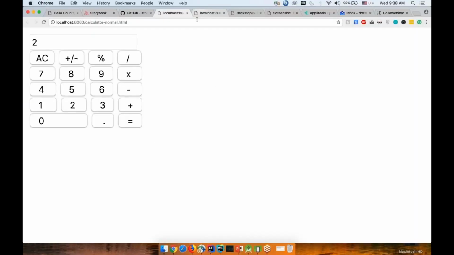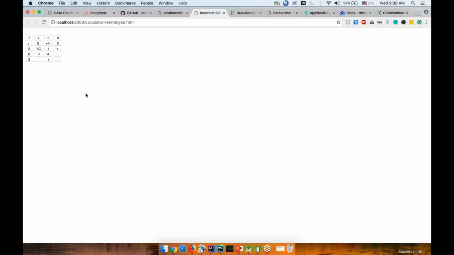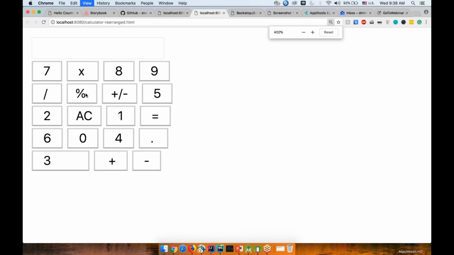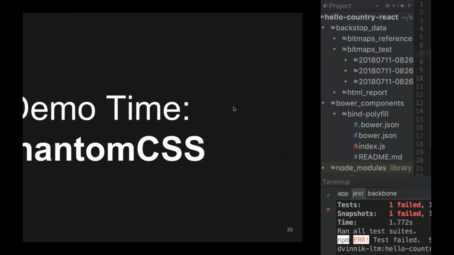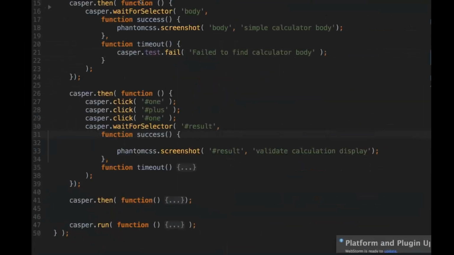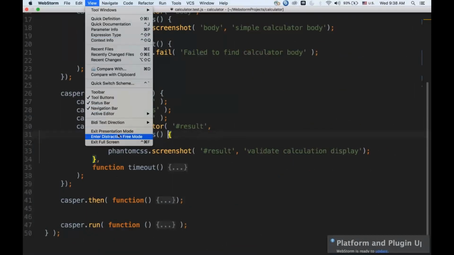So I showed you the calculator just now. This is the arrangement. But imagine something went wrong, and our calculator now looks something like this, where you still have the same buttons technically, so 1 + 1 still works, but the arrangement of the buttons is all messed up. It's all over the place, completely different. So functionally, you can still see that I'm able to do 1 + 1 = 2, but visually, they are very different. So if I were to run my tests right now,